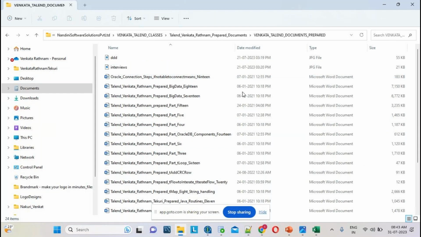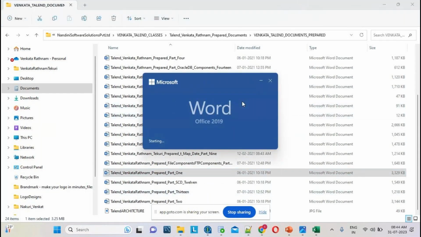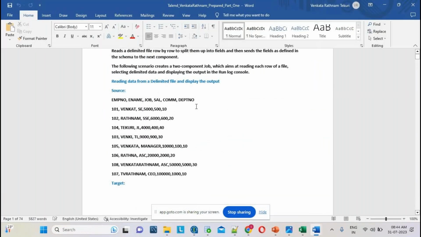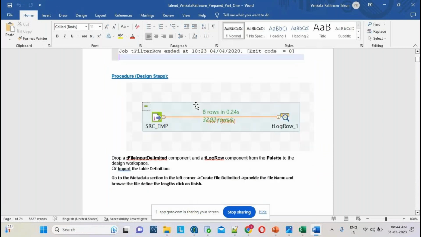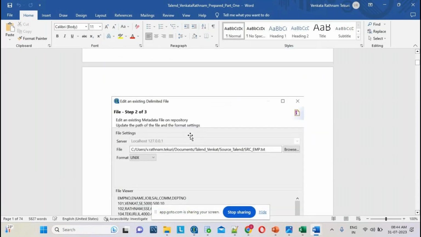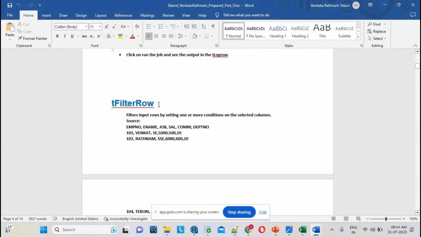There are around 20 documents with clear steps to understand it, prepared with screenshots, so you can understand easily.